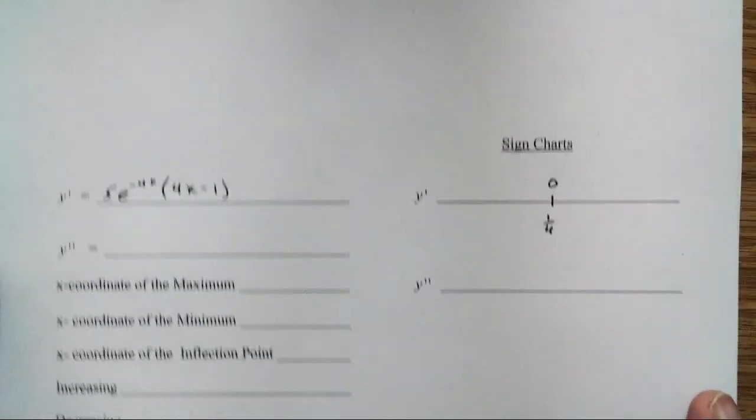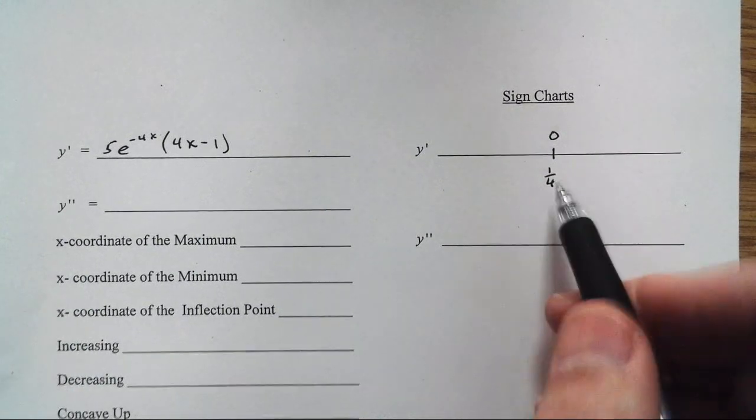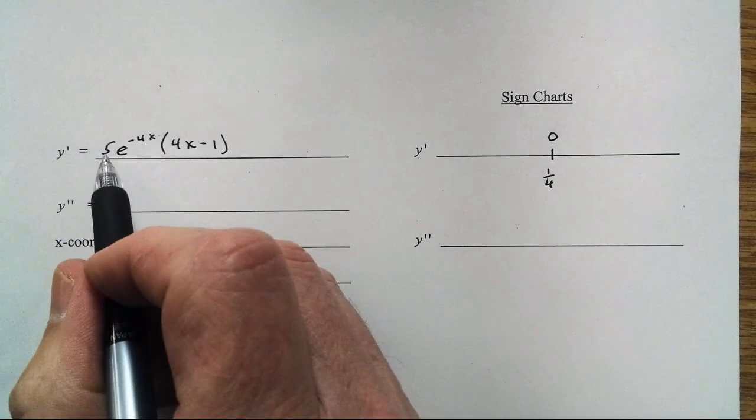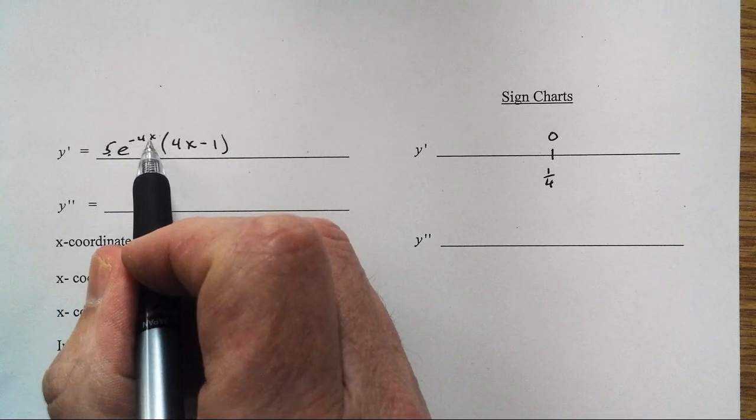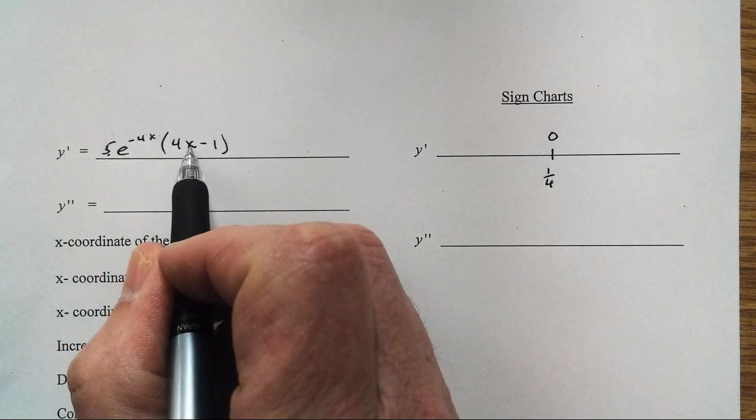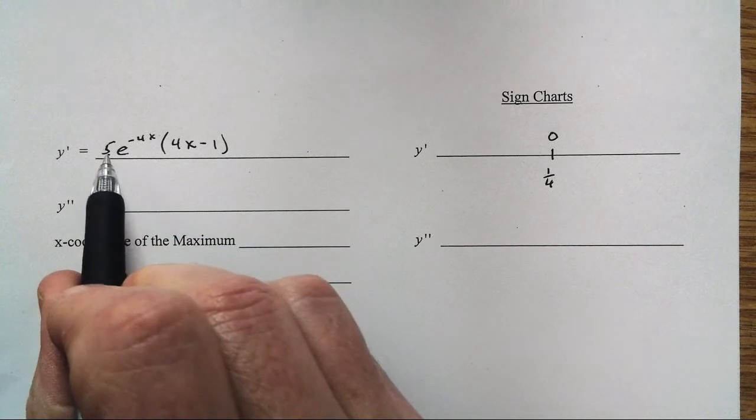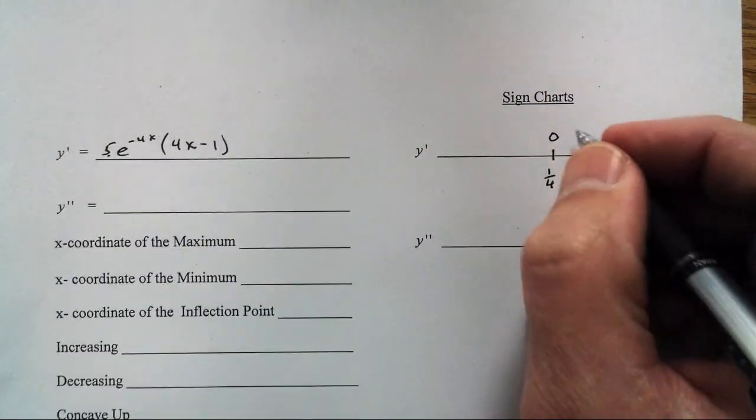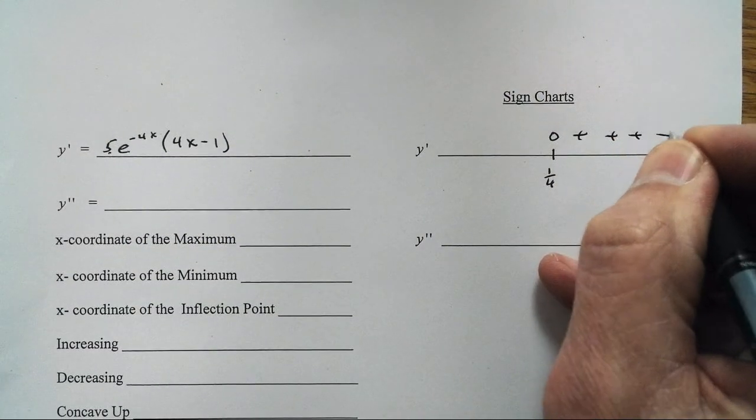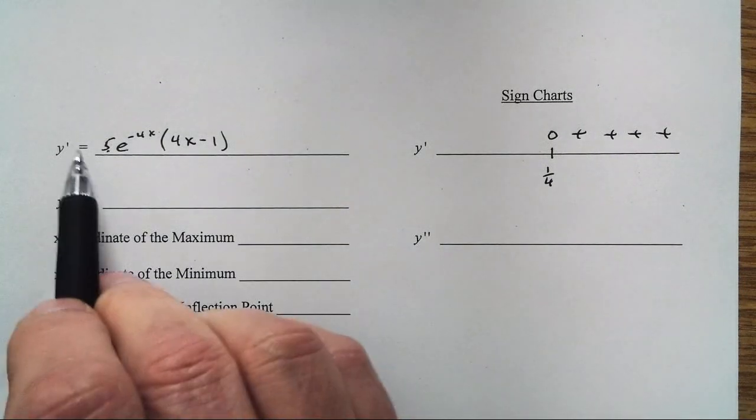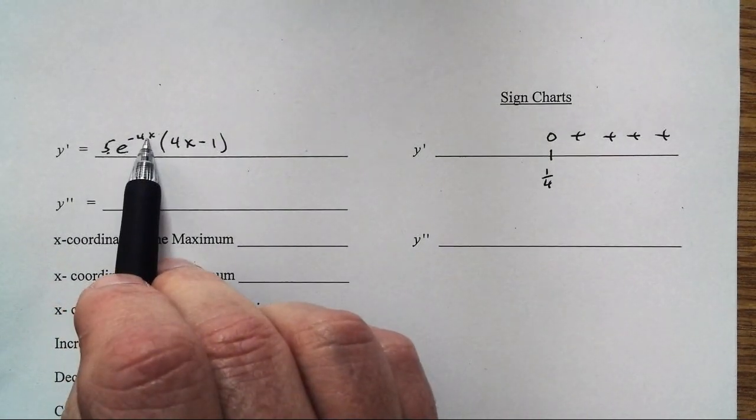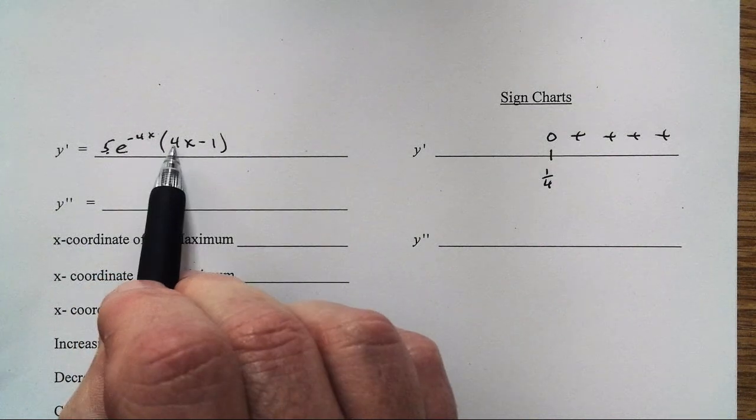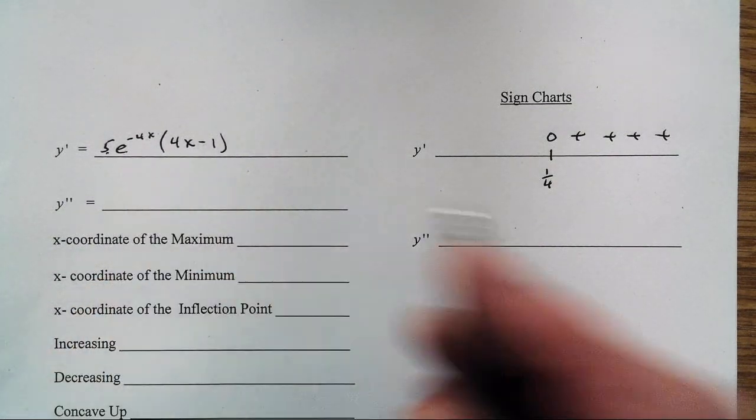at 1/4, and let's check signs elsewhere. Number bigger than 1/4, perhaps 10. I put in 10, 5 is positive. Put in 10, e to the negative 40th is positive. Put in 10, 4 times 10 minus 1, 39 is positive. Positive times positive times positive. We're positive this direction. Put in negative 10, 5 is positive. Put in negative 10, e to the 40th is most definitely positive, but 4 times negative 10 minus 1, negative